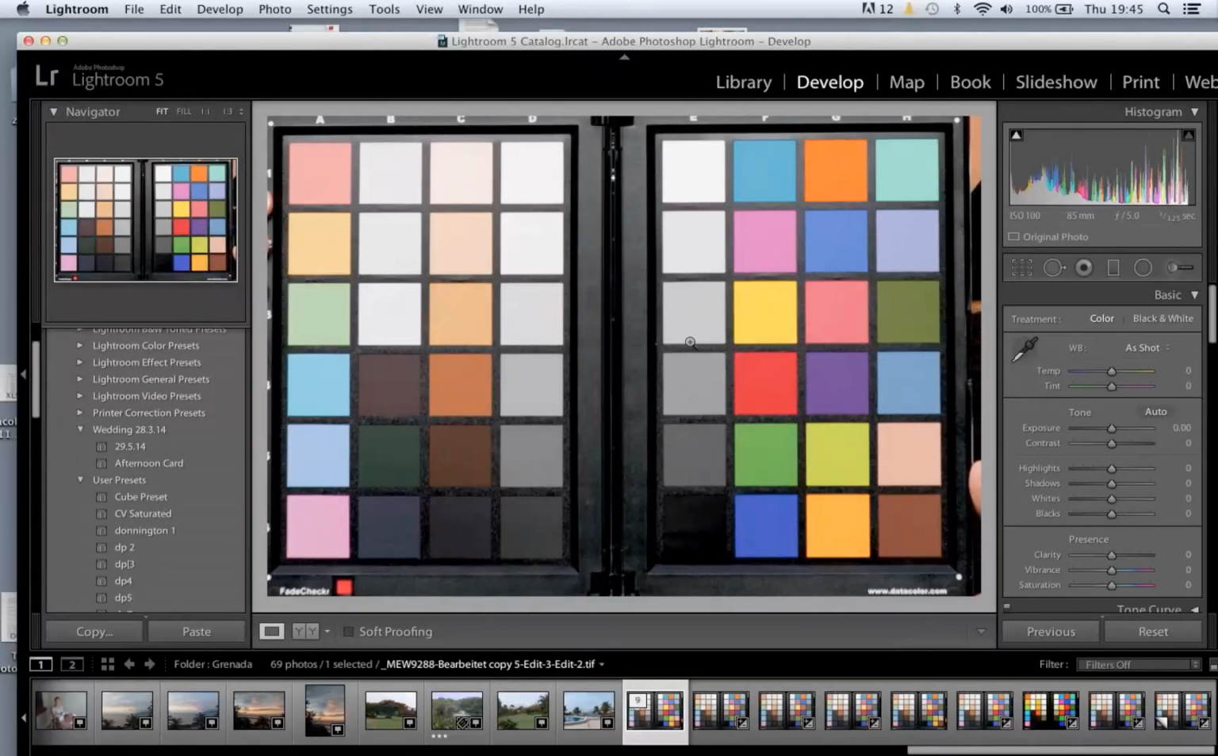Little nuance of Lightroom actually is the fact that we've got to quit when we do create a